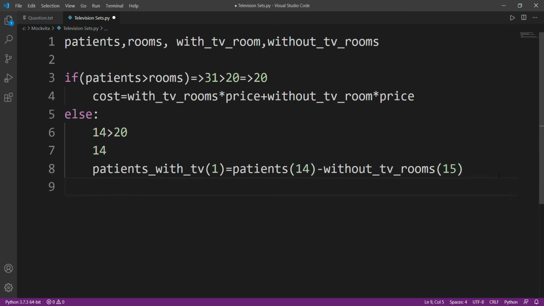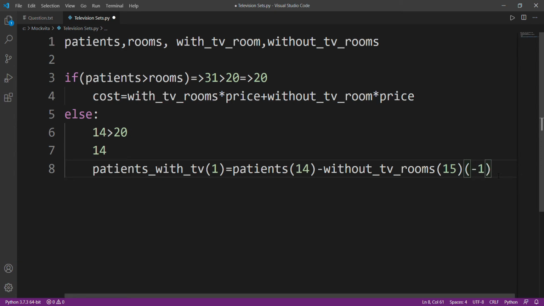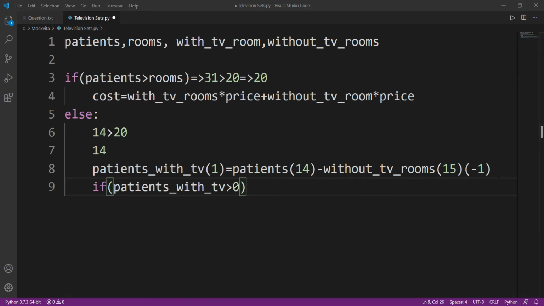All right. So if I get a negative value, I know that I have enough without TV rooms to accommodate all the patients that I have today. And if that happens, I'll just check whether the patients with TV is positive or negative. Is it greater than zero or less than zero?